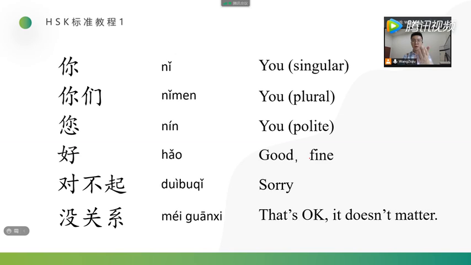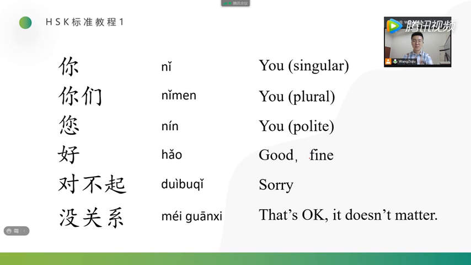你, you, singular. 你们, you, but it's plural. 您 also means you, but if you want to show your respect for someone, you should use 您。